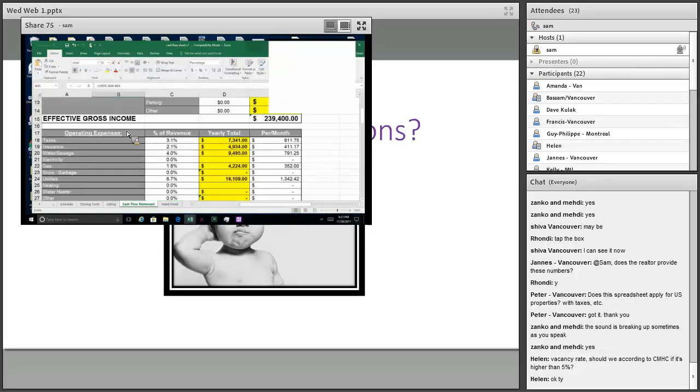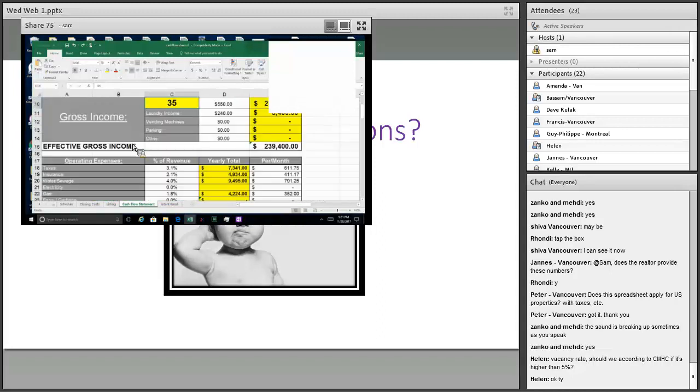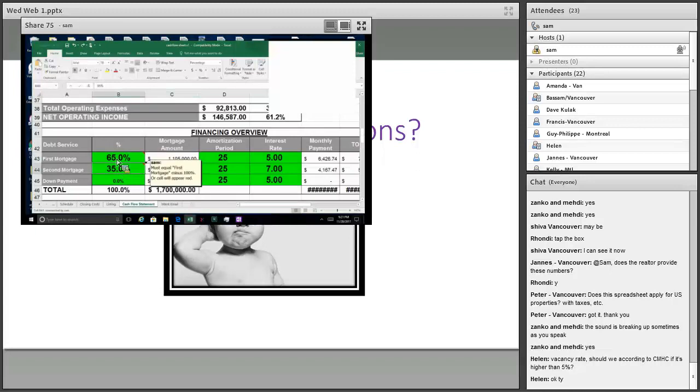Okay, so what we're going to do is go back to 35. That's why it's in green. Residential is going to be 80-20 as a standard. Commercial is going to be 65-35. Here we're always assuming that we're going to do 100% financing, but these can be changed, right? I can change the amortization to 30 years. I can change the interest rate from 4 to say 6. Those can be changed.